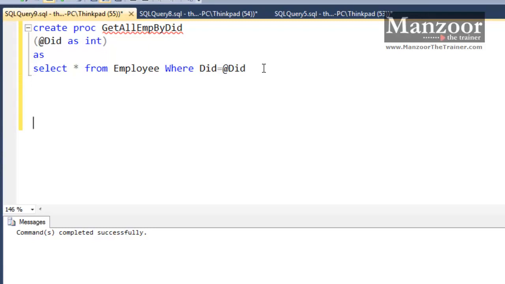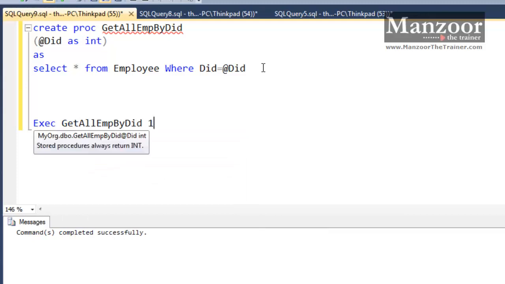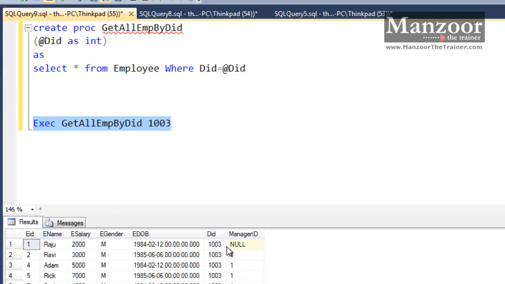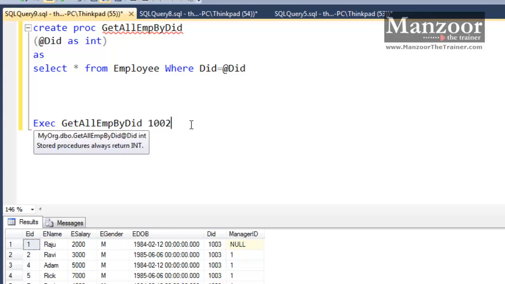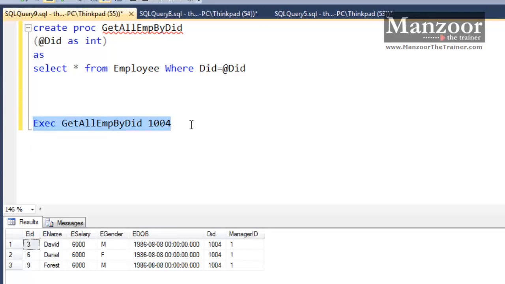Now I can execute this by saying exec get all employees by DID, and I need to pass department ID, that is 1003. So I get all the employees belonging to the department 1003. Now if I pass 1002, I don't have any. Let me pass 1004. So I get 3 employees. Now if I pass department ID as 0,